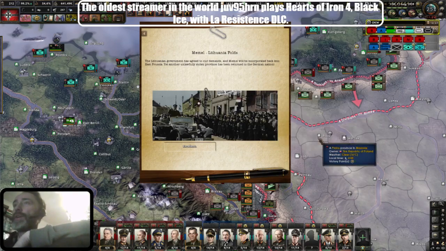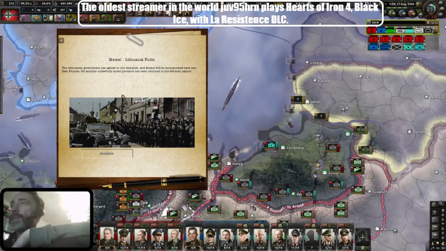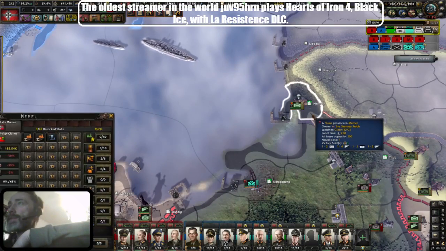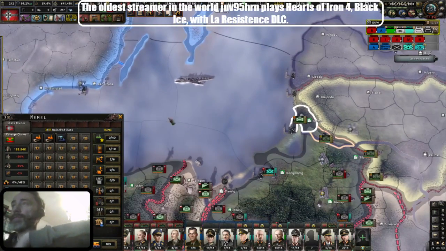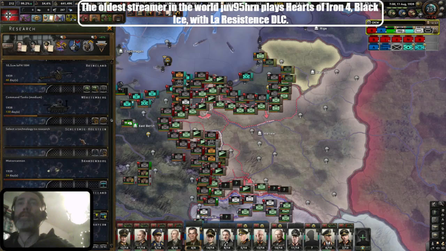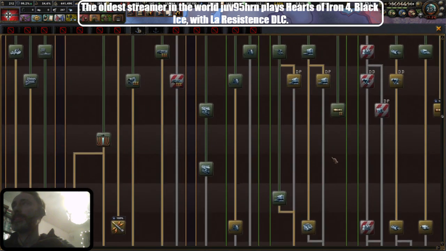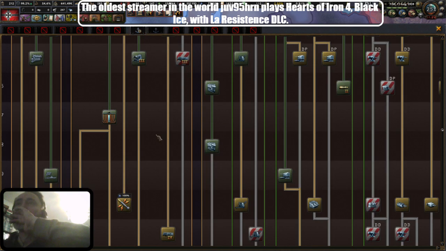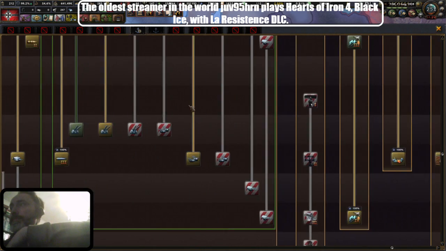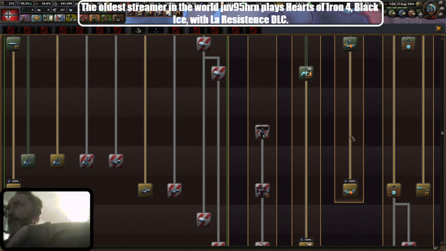Okay, my destroyer guns. Memel, Lithuania falls, so did I get... Is that Memel? I think I got Memel from Lithuania. Yep, here it is. Great! Free province. Destroyer, artillery, ready. I'm not gonna make any new destroyers now. I can... Oh, these tech trees are so long. What I could do is...